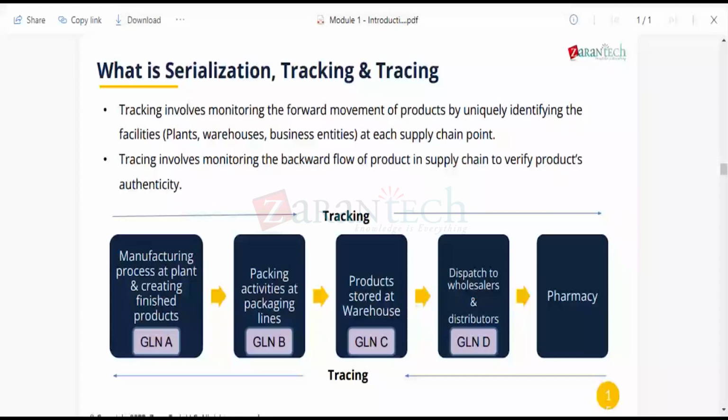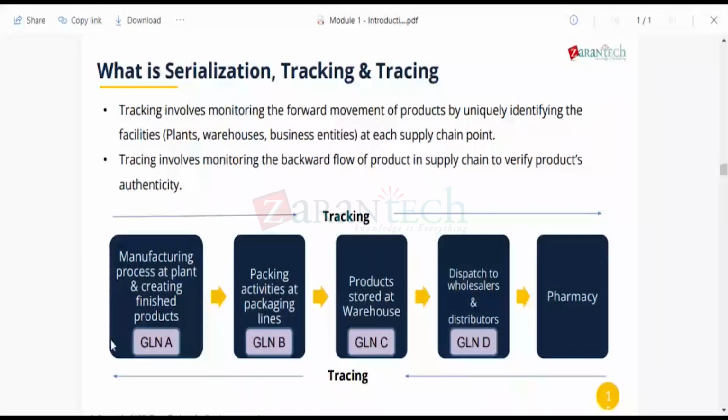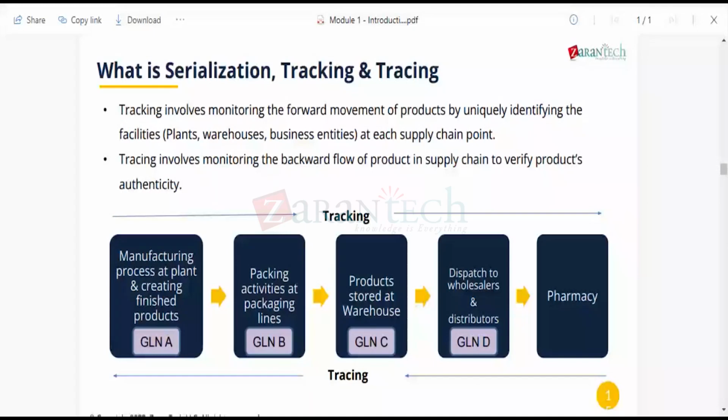Now let's say the product has reached a pharmacy and somebody complained that they are having a reaction to this particular medicine. We want to know which manufacturer this medicine came from. So then comes traceability, the reverse or backward movement. One important thing which I have mentioned is this GLN. So GLN A, GLN B, GLN C. This is nothing but a unique identifier provided to a particular facility. Tracking involves monitoring this forward movement of the product by uniquely identifying the facilities, plants, warehouses,